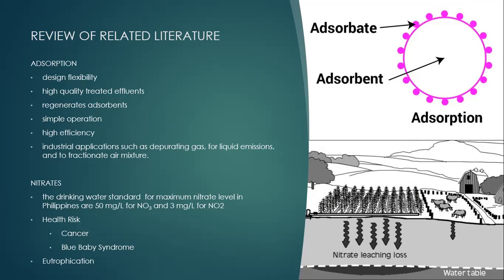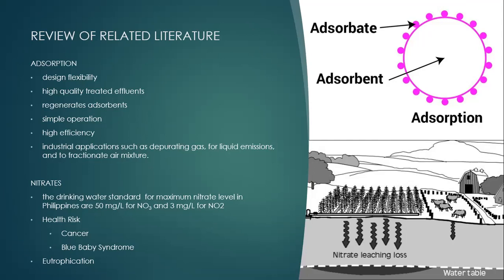And nitrates are commonly used in agricultural aspects such as farming, where they are used as fertilizers. So as seen from this figure, nitrates came from the fertilizers, and as they are in the soil, they leach out, reaching the groundwater, and this happens when there is excess nitrates. As it dissipates from the soil, reaching groundwater and traveling to surface water, that's where health risk occurs, and it involves